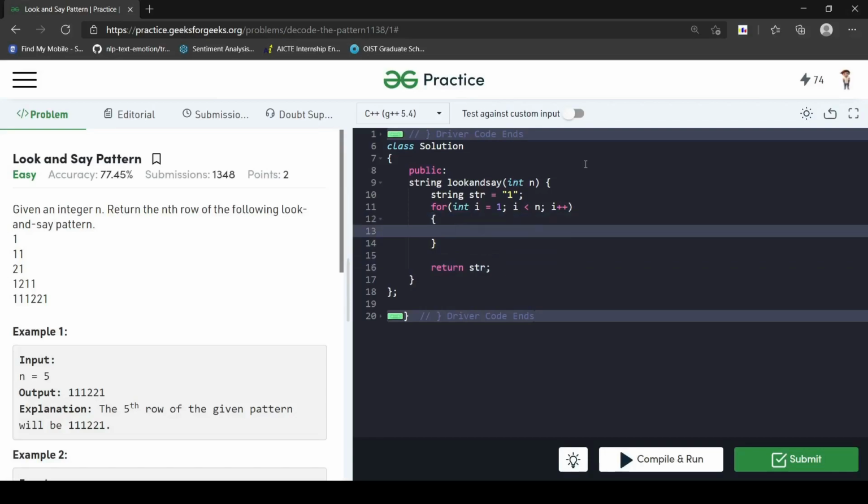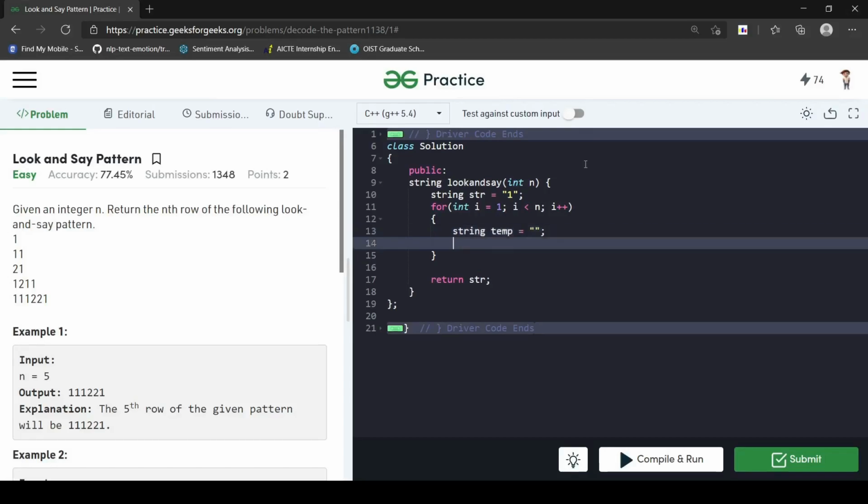We declare a temporary string which is empty initially, and now we traverse the str value and keep updating the count value as well as the main value.